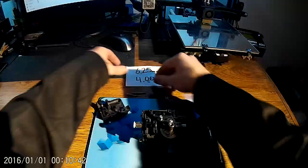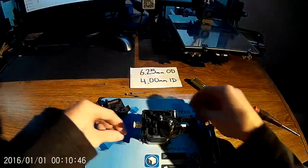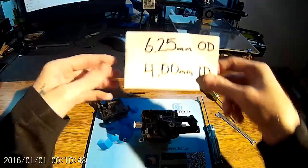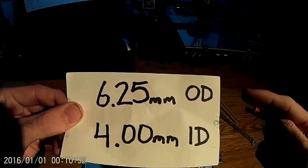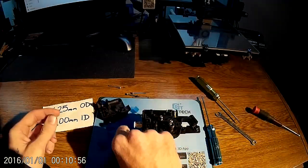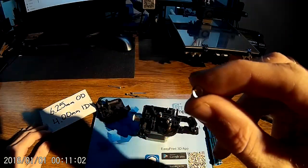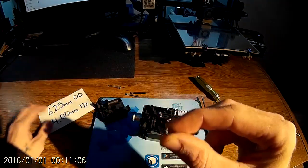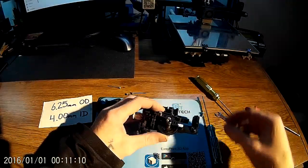What you're going to need is 2 washers, and they have to be this diameter, no bigger, no smaller: 6.25mm on the outside, and 4mm exactly on the inside. For those who don't know what that is, that means 6 1/4 on the outside, and then the inside diameter where the screw would go would be 4. Remove this little screw,